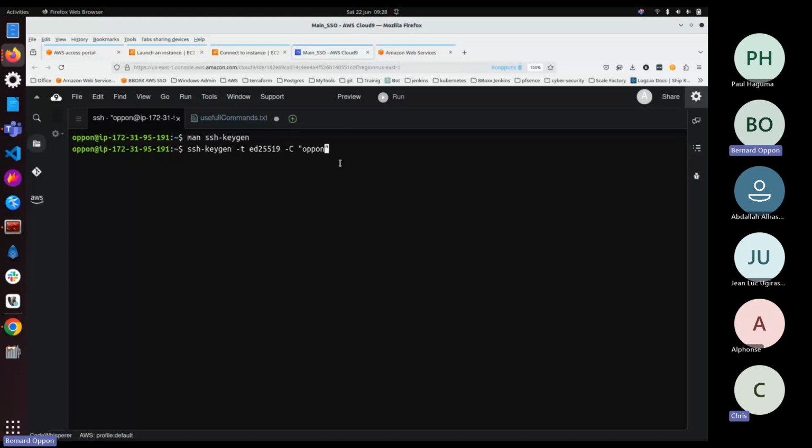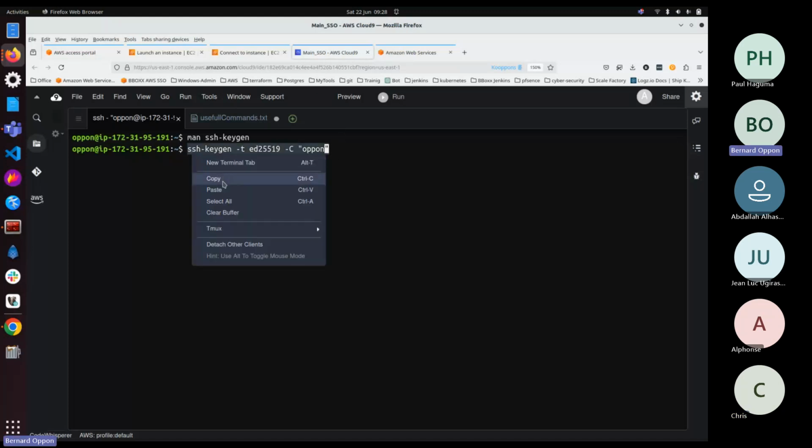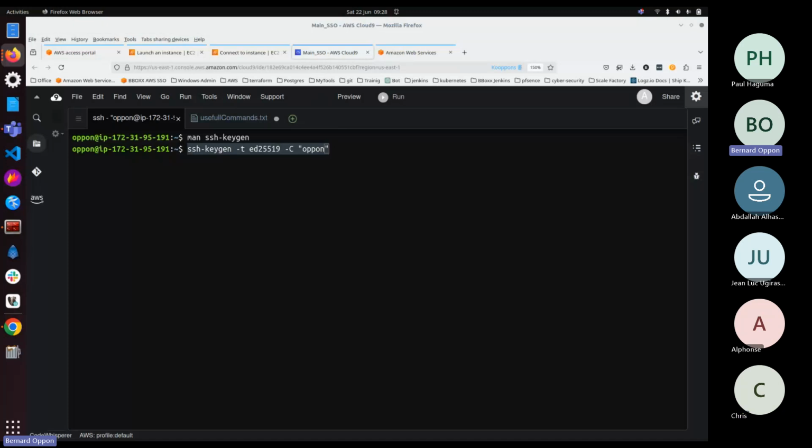I'll copy this and put it there in the chat. Don't create it yet. Let me do it, and then if it works, we can all create it. Else, we'll have to be fixing problems. So, ssh-keygen, we are using a specific type of key, and we are saying that this is for upon. Enter. We're going to call this key